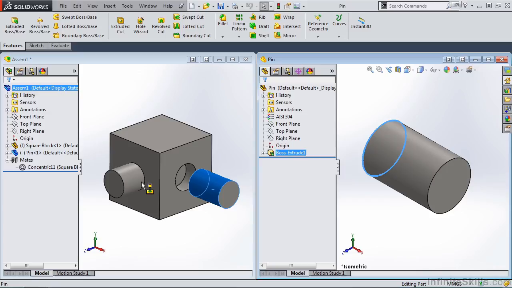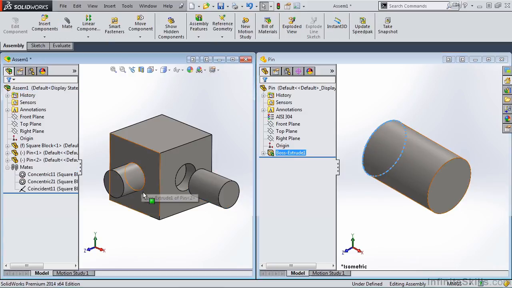Now, if the pin is flipped in the wrong direction, you can simply tap the Tab key and it will flip the pin. In this case, it flipped the pin to the inside of the square block. That is not what we want. So I am going to tap the Tab key again and it flips it in the correct direction. I'll release the left mouse button and notice in the feature manager tree, both a concentric and a coincident mate